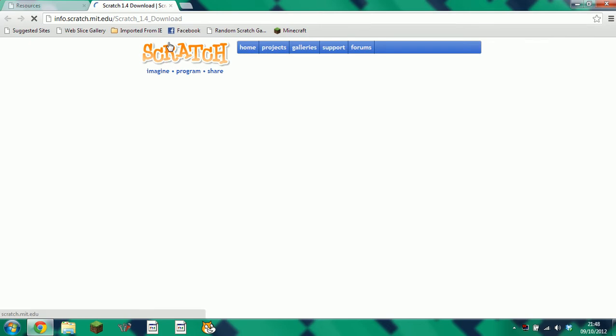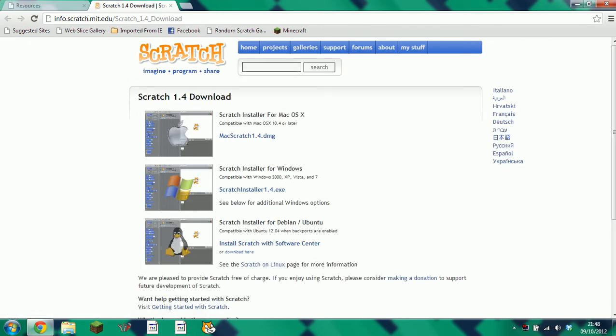Latest version. Scratch website will come up with the Scratch installer for Windows and the Scratch installer 1.4. If you have Mac, you will go on ahead and click on this, and if you have Ubuntu, you will click on this or this. I don't know if I have Ubuntu, and I just started to download for Ubuntu. Oh well, we'll see how it goes. Anyway, whenever you have this done,